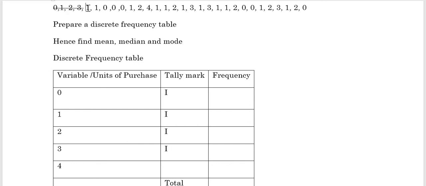Now we are at the fourth number. There are 2 ones. So let us give the tally for both the ones here. Done. Next, we have 3 zeros. So corresponding to the value 0, we assign 3 tallies. Next, we have 1, 2, 4. So here is the tally for 1, then 2 and 4. Next, 1, 1, 2. Three values: 1, 1 and 2.